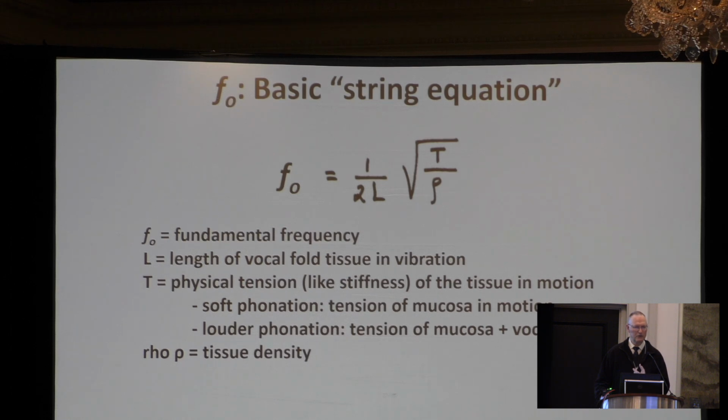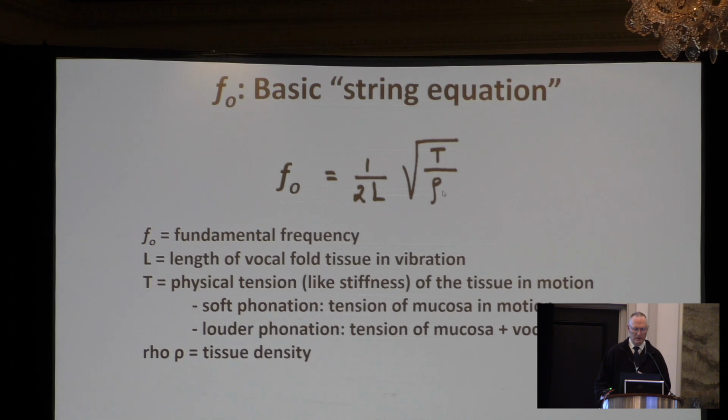That's got to be the tissue in vibration. By the way, tissue that's not in vibration isn't part of a phonatory situation relative to pitch. So 1 over 2L, times the square root of T. This T is the tension of the tissue in vibration, and divided by rho, which is the density of the